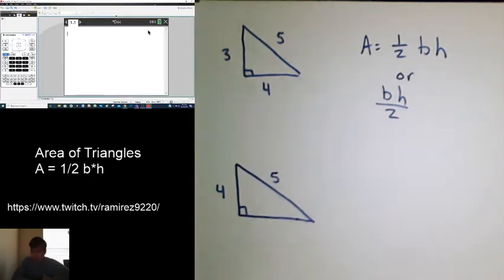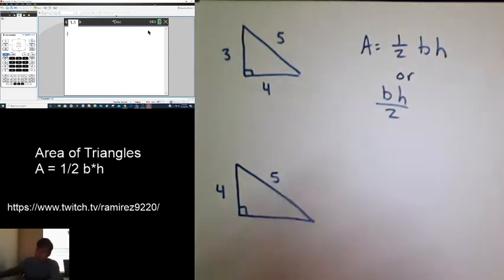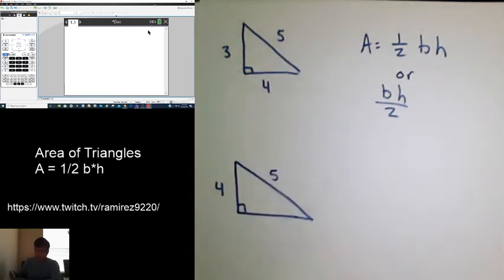Alright guys, so this video is on how to find the area of a triangle. Pretty much the area of a triangle can be calculated by 1/2 base times height. Most of you guys remember that. And again, when you multiply by 1/2, it's the same thing as dividing by 2. The trick here is,